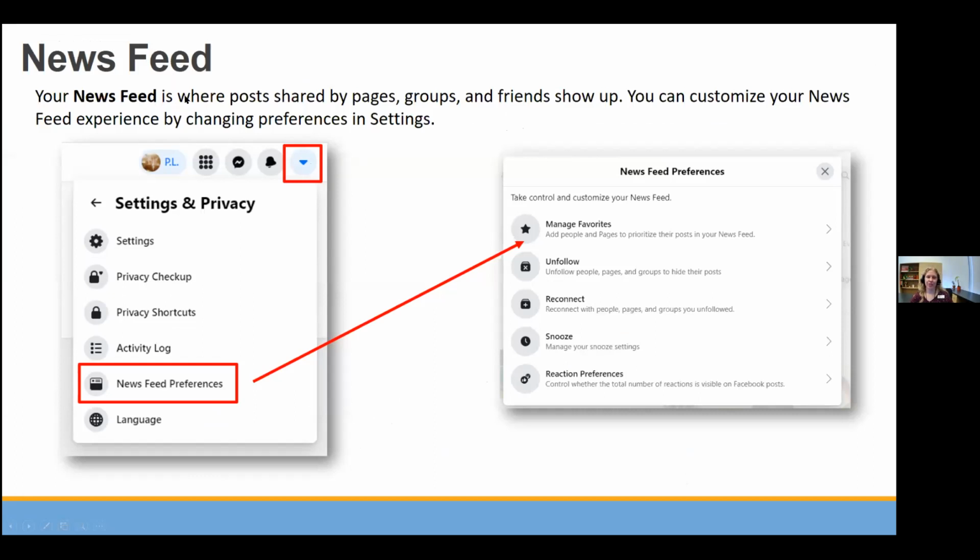Okay, so your newsfeed is essentially where the posts shared by pages, groups, and friends show up. It's that thing in the middle on your home page. And you can customize it a little bit by changing preferences in settings. Again, just like your privacy settings, you can go into settings and change your newsfeed preferences. What that means is